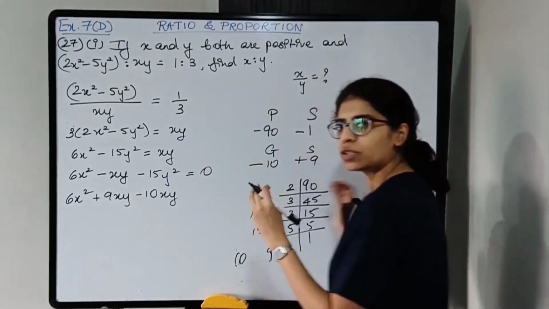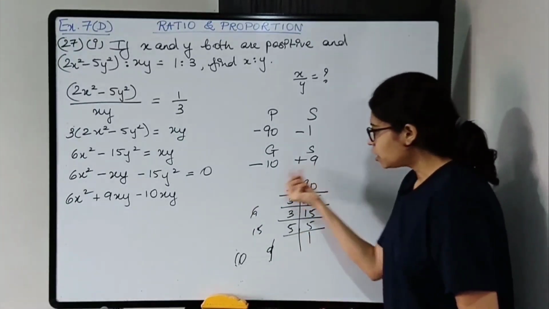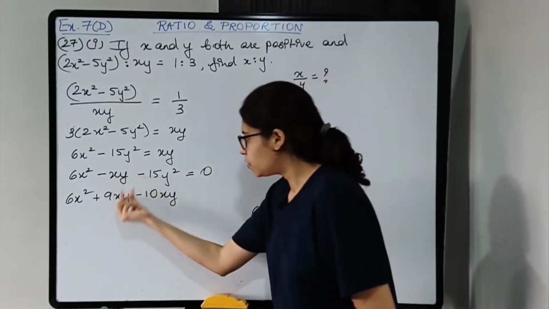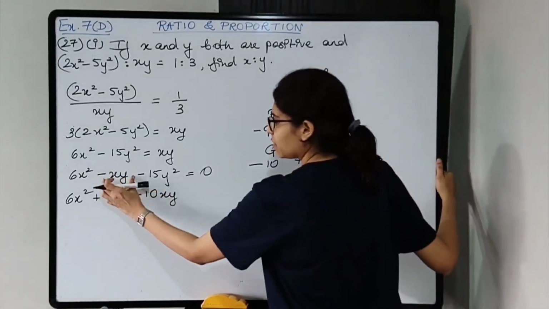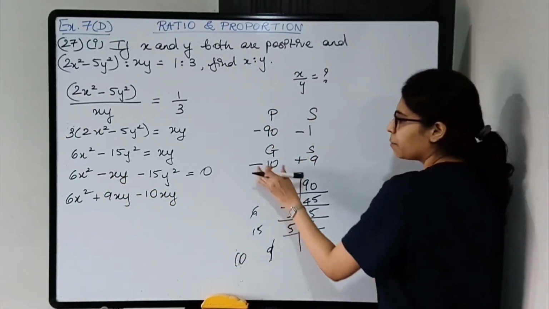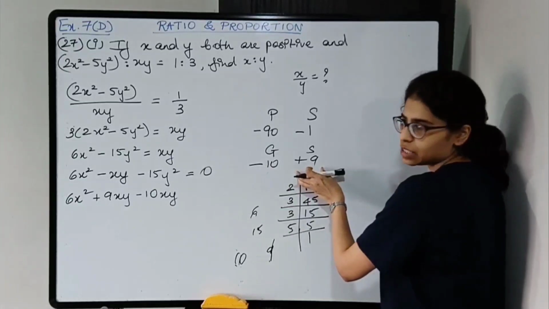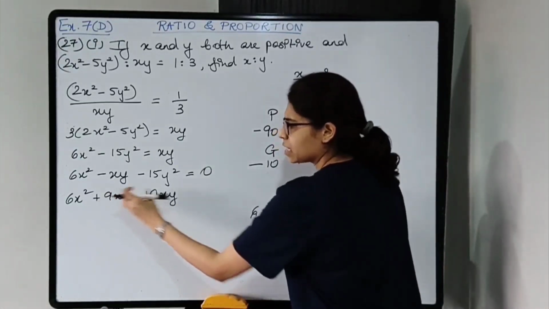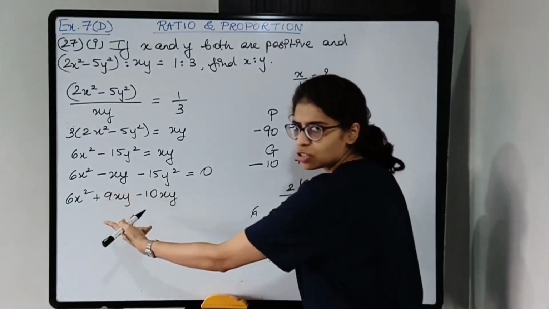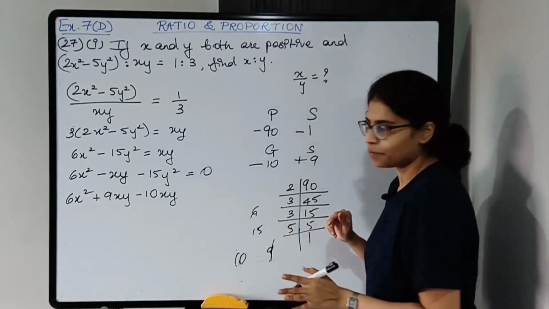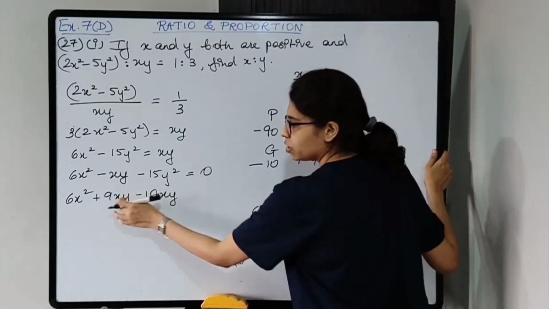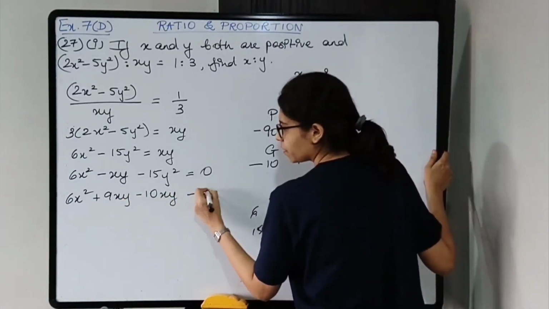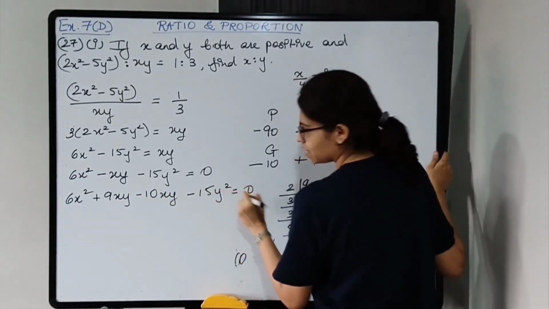Okay, हम लोग ने इसको split कर दिया, the numbers and the variable with that. ठीक है, so minus xy we wrote it as minus 10xy plus 9xy. So it's not necessary you have to write 9xy minus 10xy. You can also change this, it does not matter. Okay, so you can write minus 10xy first and then plus 9xy. You can change these two. Okay, but first and last should remain as it is.